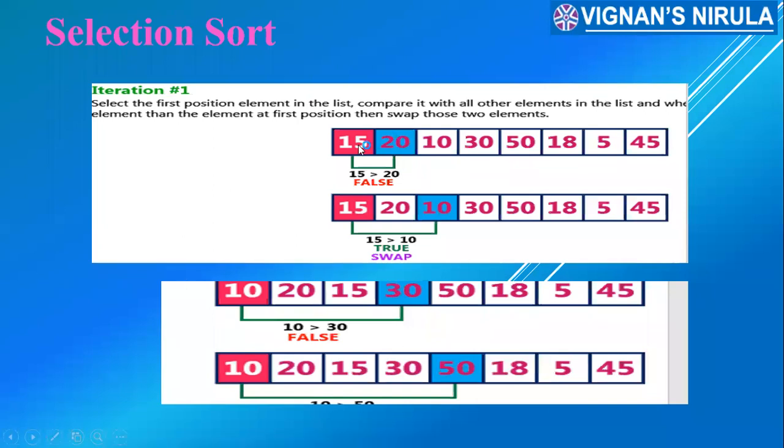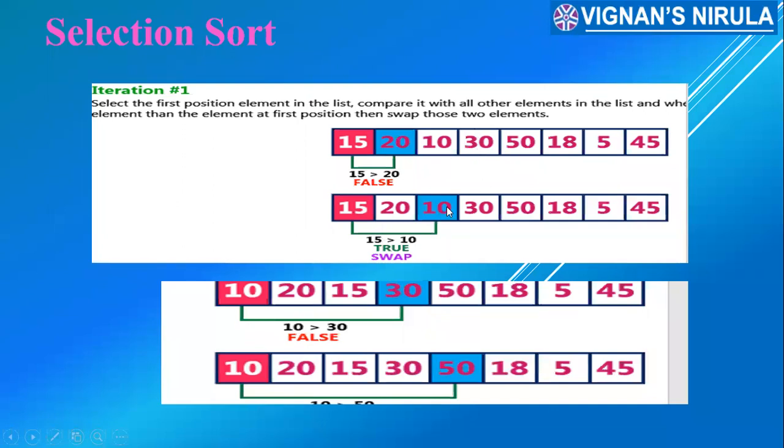What is the next element? Is 20 greater than 15? No, ma'am. Is 10 greater than 15? No. Is 10 less than 15? Yes, ma'am. Now the smallest becomes 10 and the location becomes 2 now, isn't it? Yes, ma'am. Next, 30.